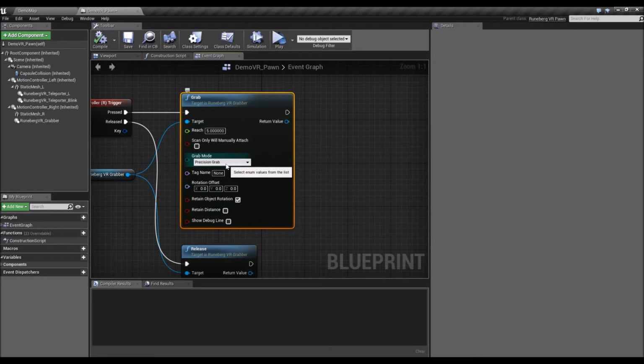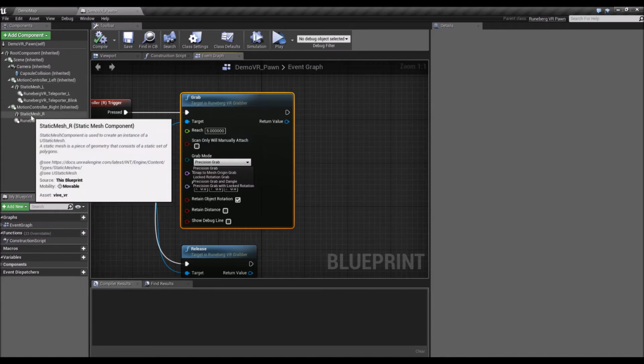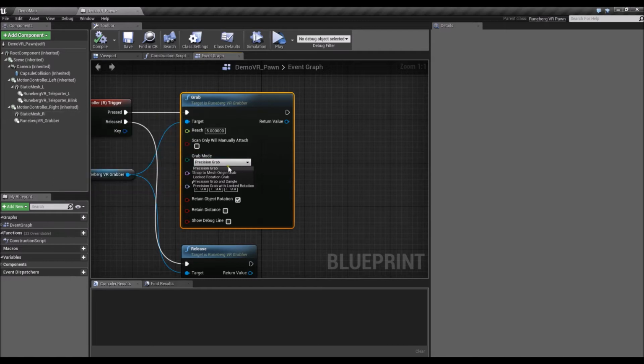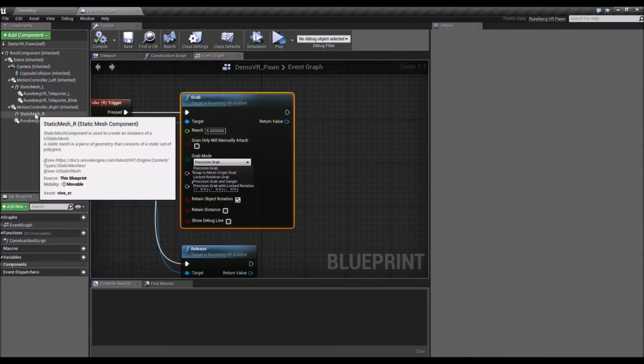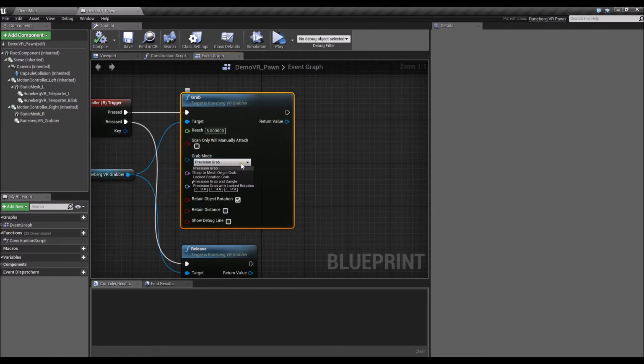For this demo, let's keep it simple, because we have a very simple static mesh here, which is a Steam controller. To make it look right, you normally have to choose between precision grab and the others. Precision grab works well with skeletal meshes, for example, like you would see in how I did the grabbing mechanic for the main menu of the demo project, where you need to grab the level spheres, so it looks right because of the mesh. For this one, just because of the origin of the mesh for the Vive,